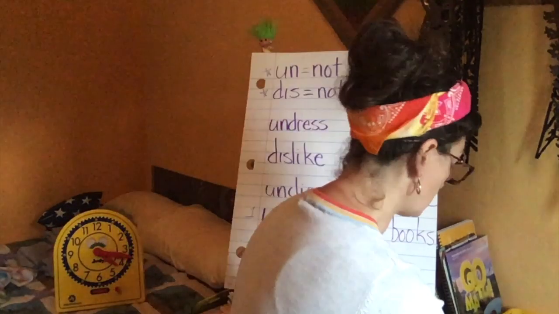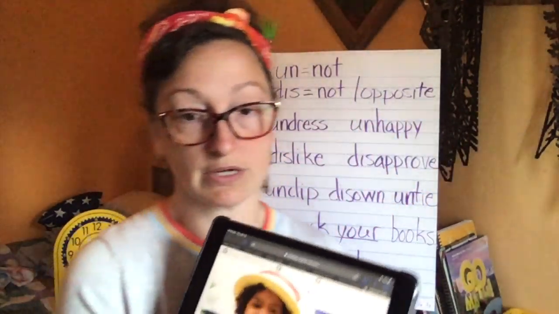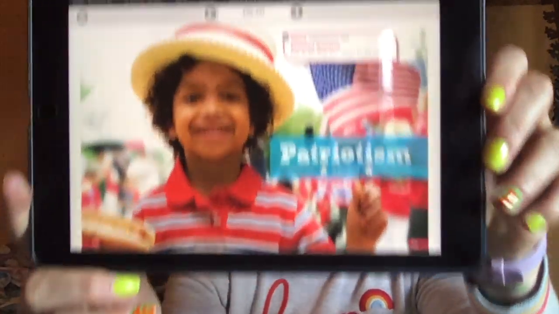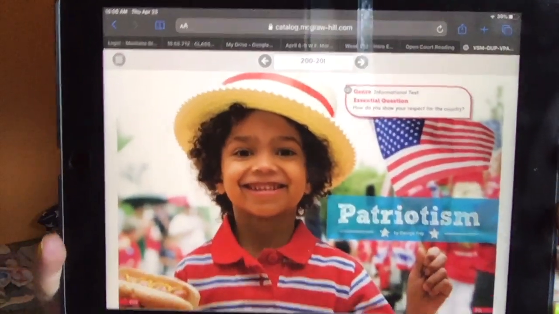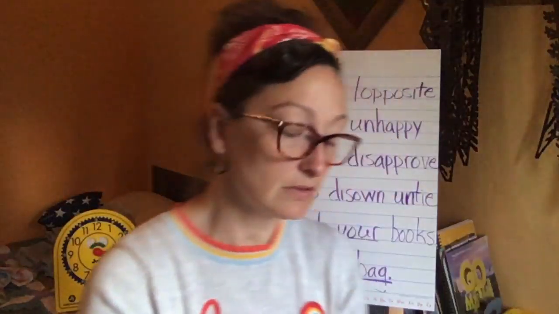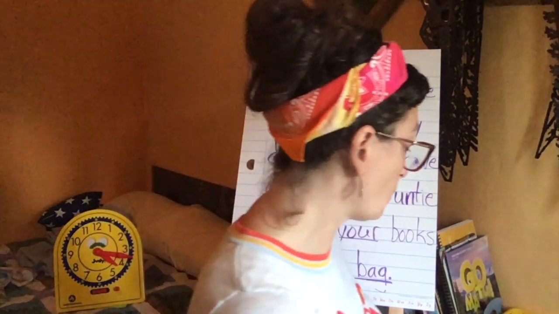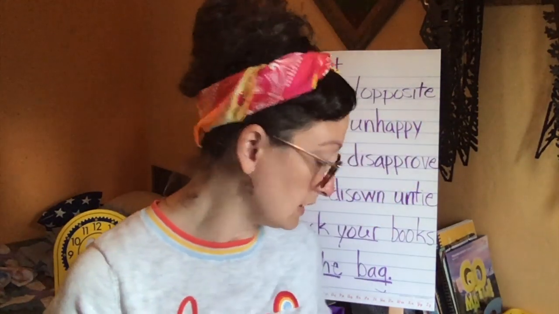I know it's difficult to picture them in your head, but they'll be in your story today, so think about that. And we're going to do something a little bit different with your story today. So this is your story, patriotism. Let's see where it's at. And you guys are going to look at that. It's on page 200 in the big orange book, the student anthology.